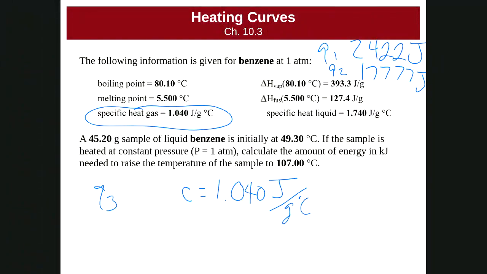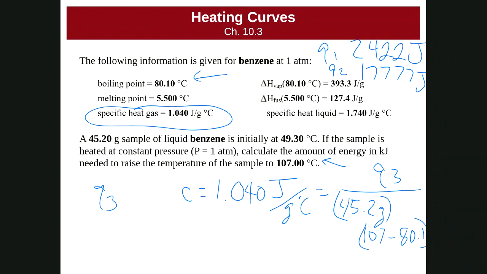And it's still going to be equal to our heat. So this time it's Q3 over our mass, still the same mass, 45.2 grams. And our temperature difference this time is going to be from the boiling point to our final temperature. So 107 minus 80.1